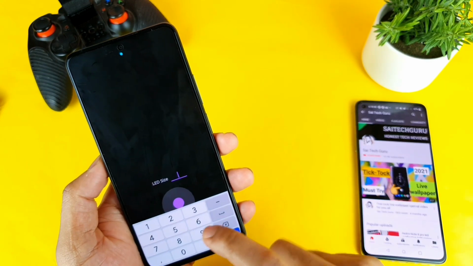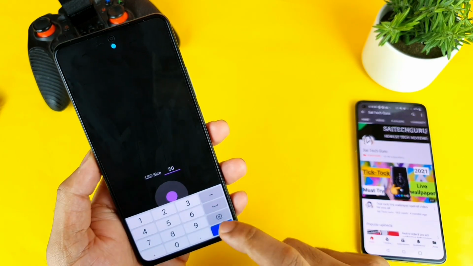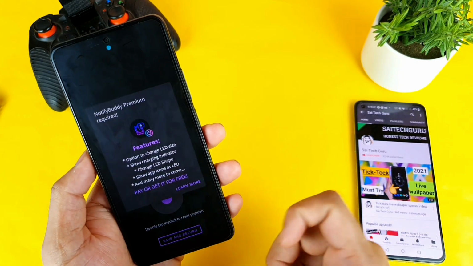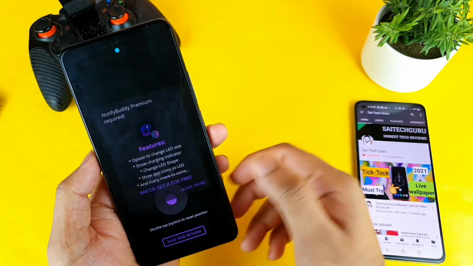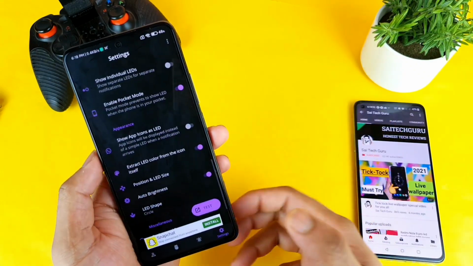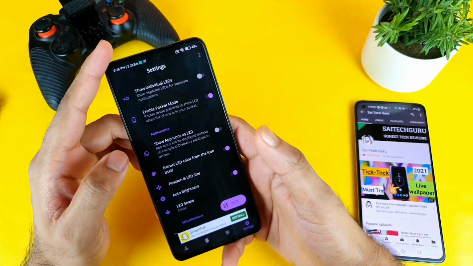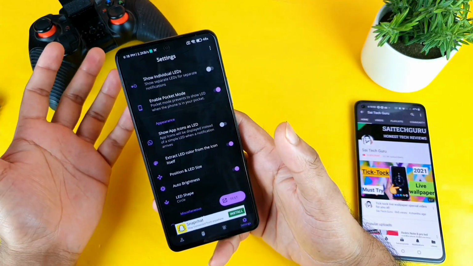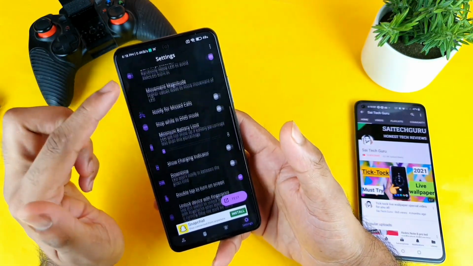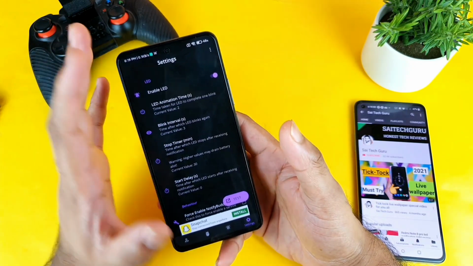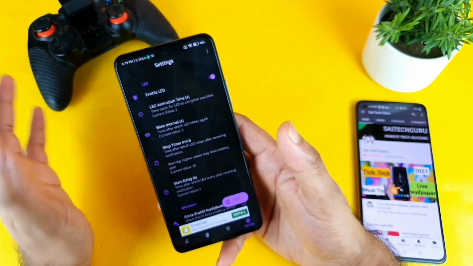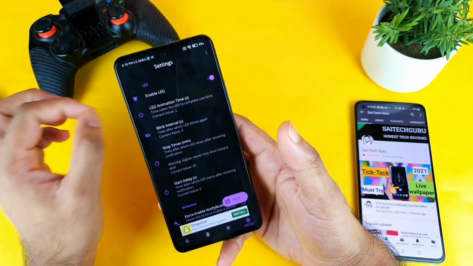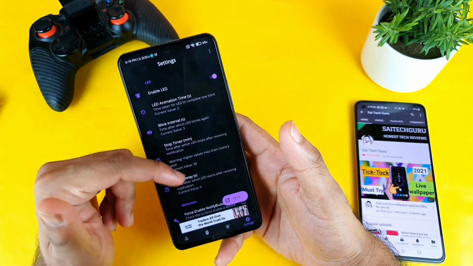So in this way you can change the different colors. So let me just choose maybe 50, that should be fine, I guess, for me. Some of them, as I said, are paid, some of them are free, so you can still try those. By watching a few ads you will get those options as well, and there are plenty of options, friends. It will take I think more than 20 or 30 minutes to explain each and every feature in this application, because it's a long process.